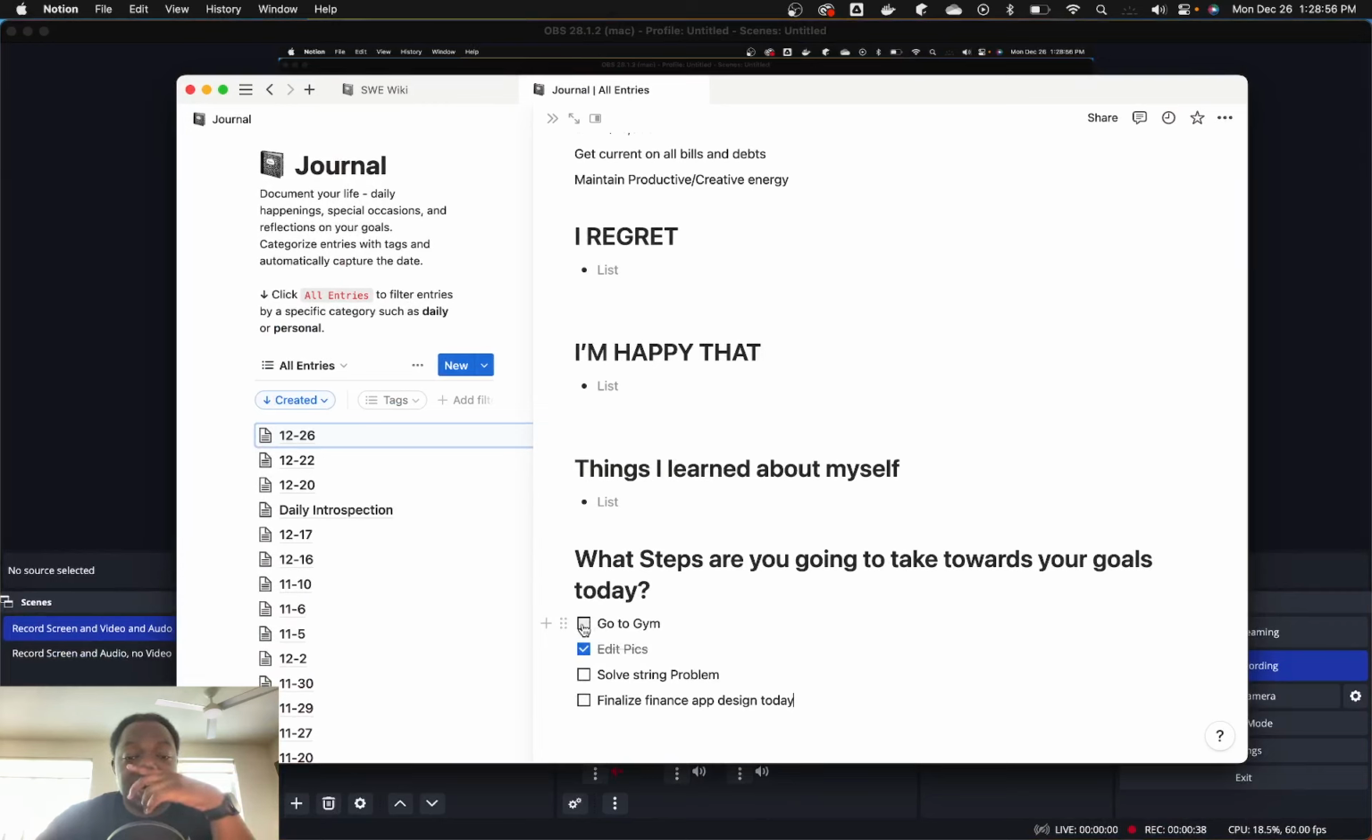The gym I didn't go to yet. I'm going to do the string problem now. And then I'm going to finalize the finance app design today. So I was working on an app design yesterday. We're going to have 3 or 4 components. Well, actually 3 components, all going to my email. What that means is we'll have